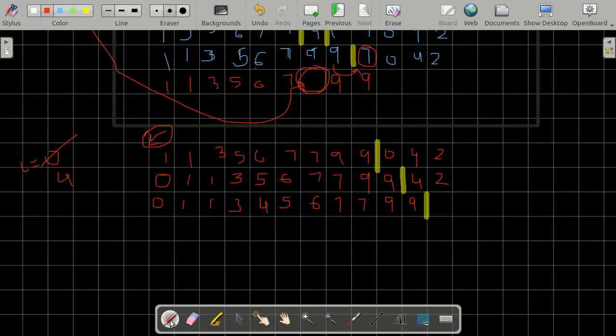Now this part is sorted and the number that has to be inserted is 2. So we'll shift the numbers that are greater than 2 to the next position, and the moment we find the number which is not greater than 2, we are going to add our number in the next position. So this is our sorted array over here.